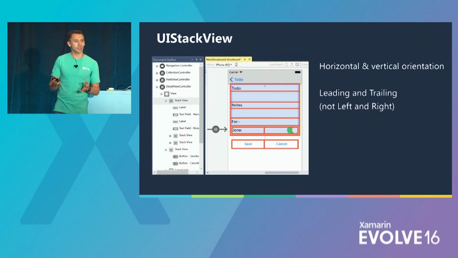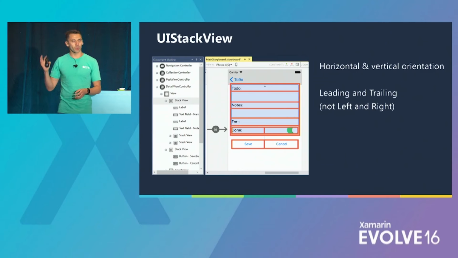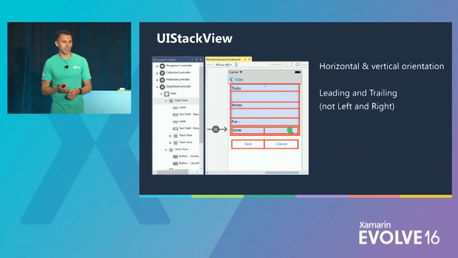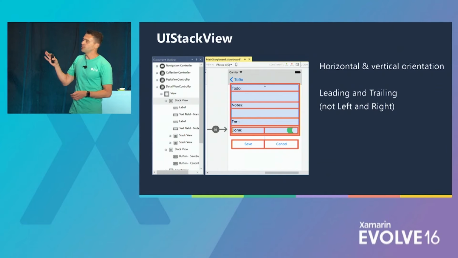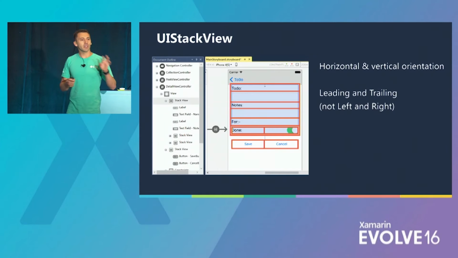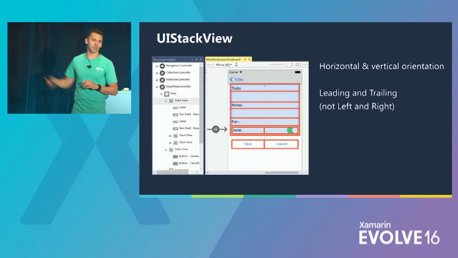Like horizontal and vertical grids that can expand and contract to make adaptive user interfaces easier to build. Objective-C developers have struggled with doing this manually forever, so this is a welcome addition to iOS 9. But what's really cool about it is that it's also localization aware. So when you build these grids, you don't align stuff to the left or align stuff to the right. You say it's in the leading or the trailing side. So the Done label and button are leading and trailing. The save and cancel button are leading and trailing,